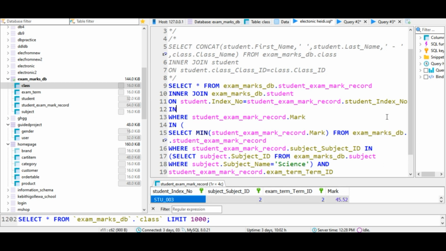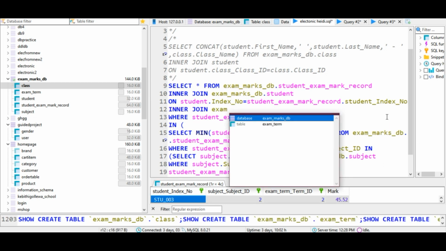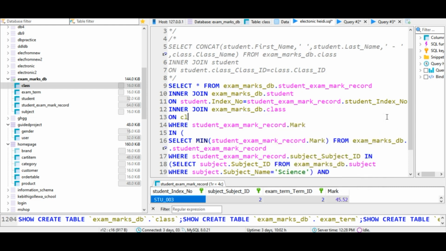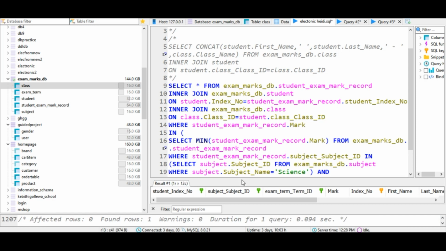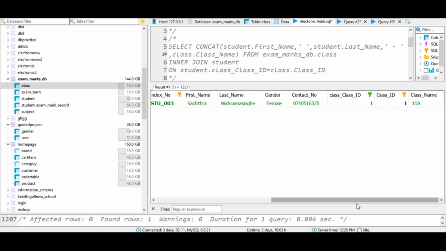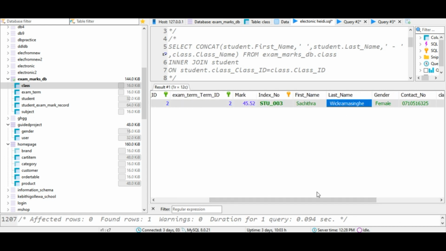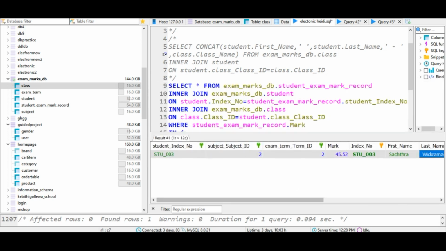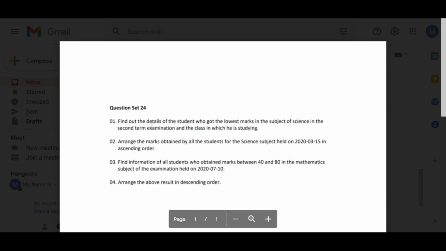So now I'm going to inner join exam mark DB's class table, and in this case the class table's class ID is going to be matched with the student table's class ID, and now you will be able to see the student's details as well as the student's class name. And this person, Sachitra Vikramasinghe, is the one who got the lowest mark in the science subject in the second term, and that's cool. And now we have to